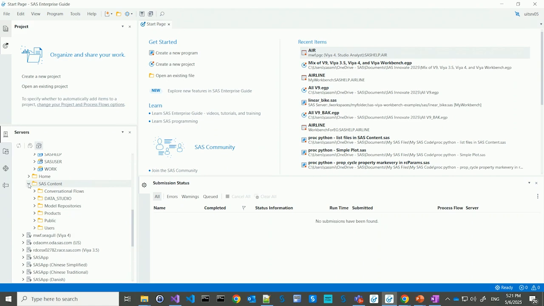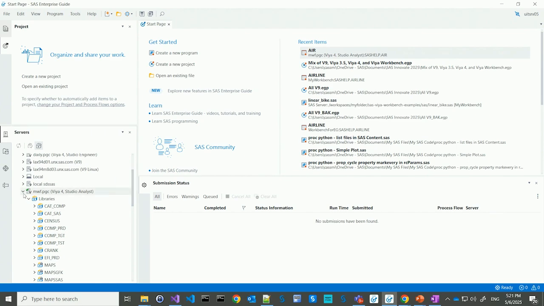The other reason this is important, oh, and I do want to show one more thing, SAS content is also listed here. So if you're familiar with SAS Studio in VIA 4, you can also access SAS content. You can also access the VIA file system. And the nice thing about this is now you can use whatever client you want, whether it's Enterprise Guide or SAS Studio or even the SAS extension for VS Code. They all surface the file system, SAS content, and the libraries can be connected to the same data sources as well. So you can work seamlessly between those various clients. Okay, so that's connecting to VIA 4.